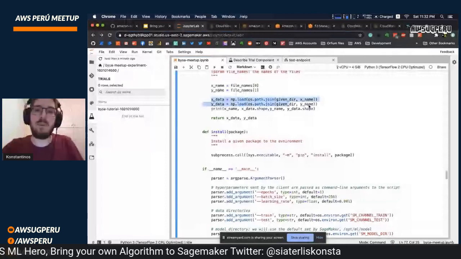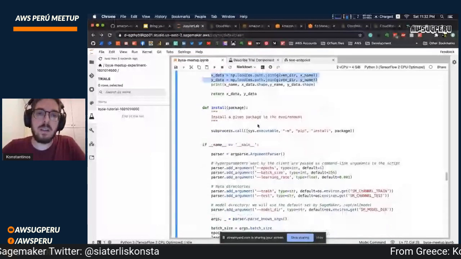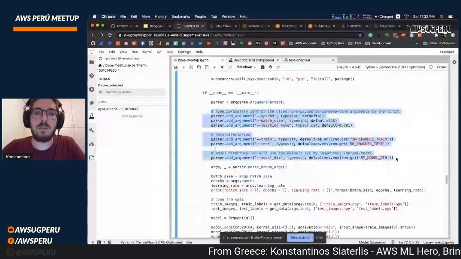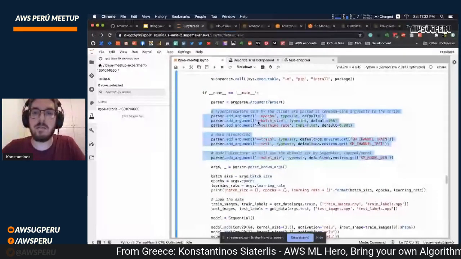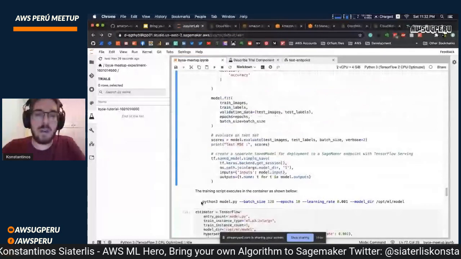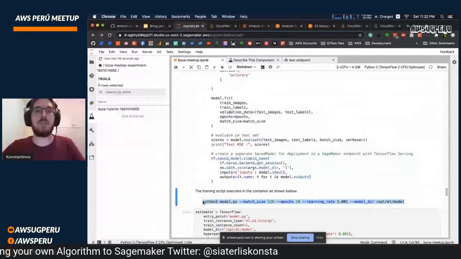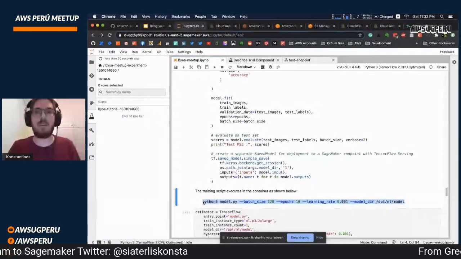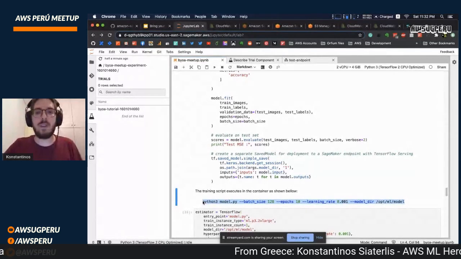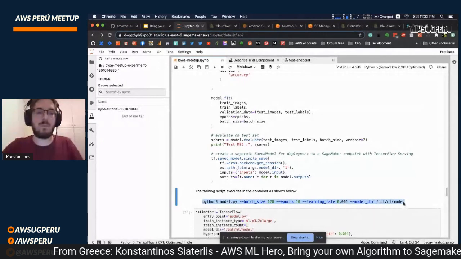You can see I use np.load because I saved my data with NumPy. But the main point here is that the only thing that you have to do is to use argument parser, because SageMaker is going to run your model like this. When the EC2 instance spins up and everything is ready and the data has transferred to your EC2 instance, SageMaker is going to run your model like this.